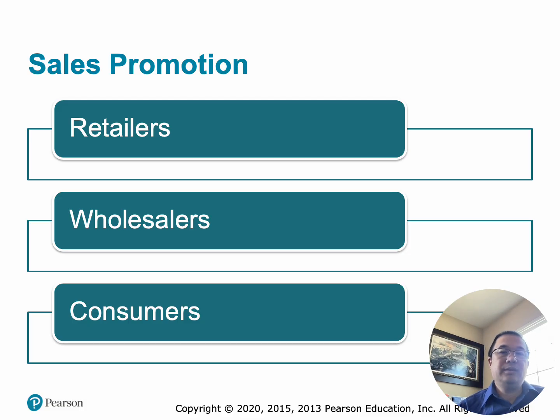Number two, wholesalers. Wholesalers purchase products from manufacturers and sell them to retailers. Examples include food distributors, beverage distributors, and electronics distributors. Sales promotions for wholesalers: manufacturers may offer volume discounts, performance bonuses, cooperative advertising funds, and special incentives for large purchases. A beverage company may provide discounts to wholesalers that purchase large quantities before a holiday season.